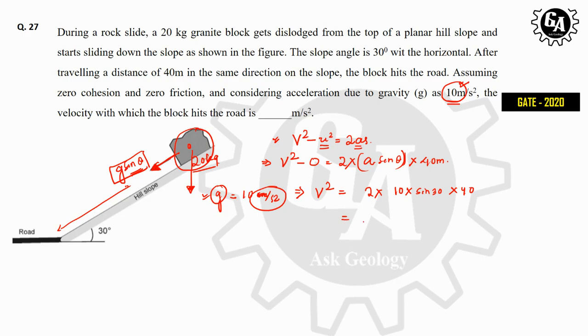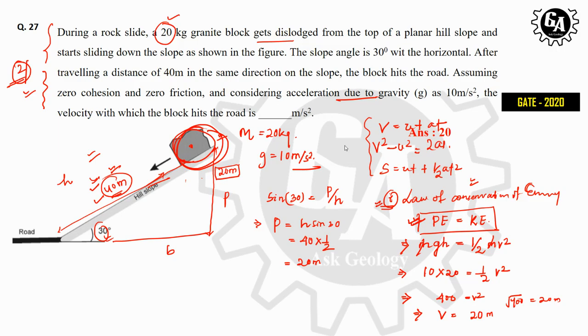So v will be the square root of 2 cross 10 cross half cross 40. So this will cancel out. This is 400. Square root of 400 is equal to 20 meter per second. So in this case also we can solve this numerical. And always remember, when you are considering this, you have to be very careful about what is the acceleration which is causing the motion. But in the earlier case, what we did was only the conservation of energy, where at the starting